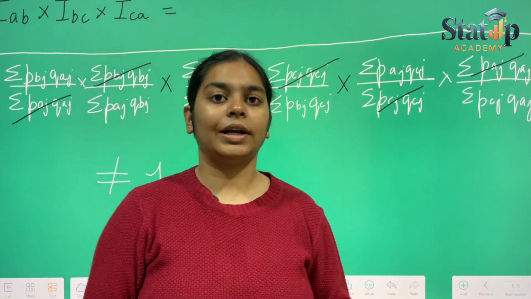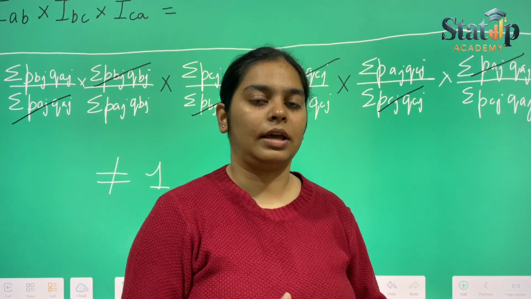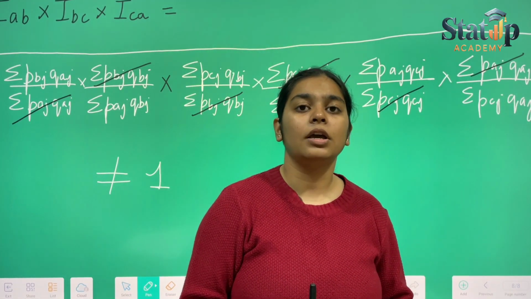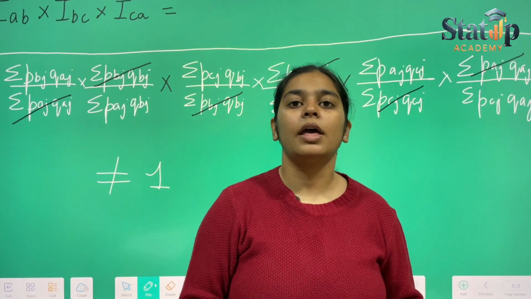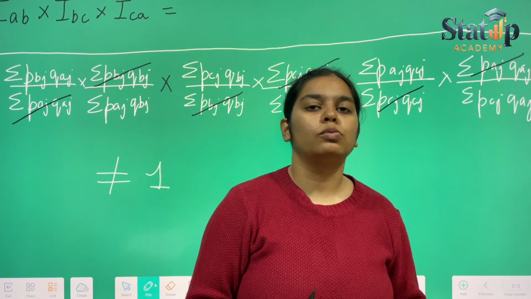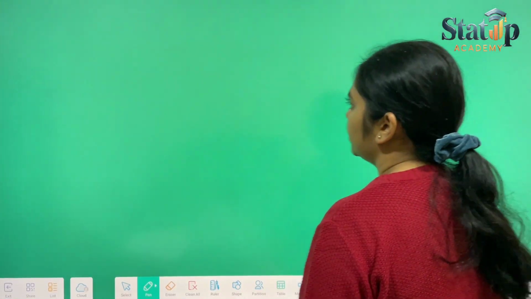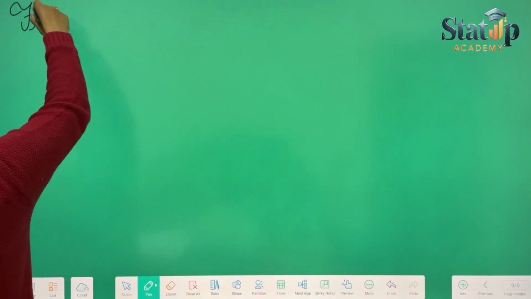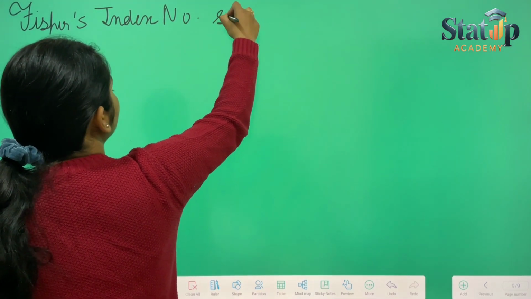The circular test has not been used most commonly. It is the rarest of the rare tests. The rest of the tests have been used commonly. That is why Fisher's index number is considered the ideal index number, because it satisfies almost all the tests. We cannot say all, almost all, except for the circular test. So hence we can say that Fisher's index number satisfies